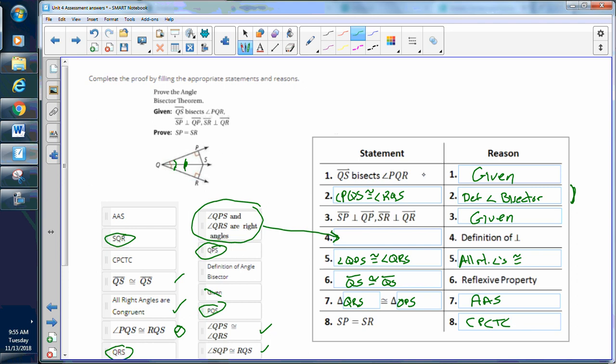Remember, things have to flow in order from the given, what follows next, and then from this statement, what comes next out of it. This part, anytime we're talking about triangles being congruent, we're going to have something like angle, angle, side, etc. This was the only choice. We didn't have any side, angle, side to choose. And then finally,